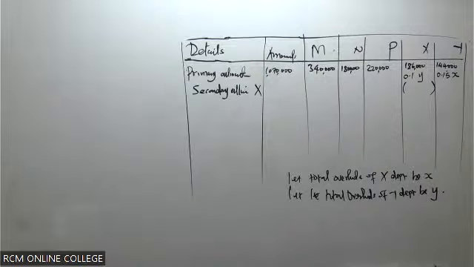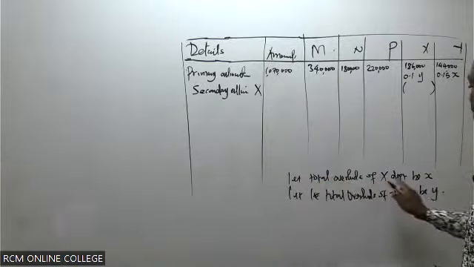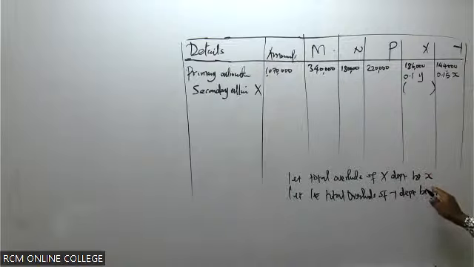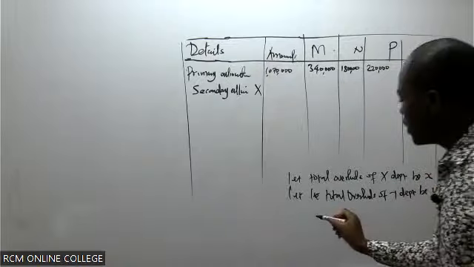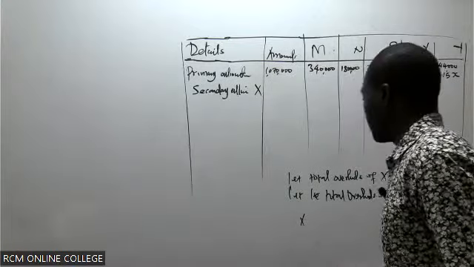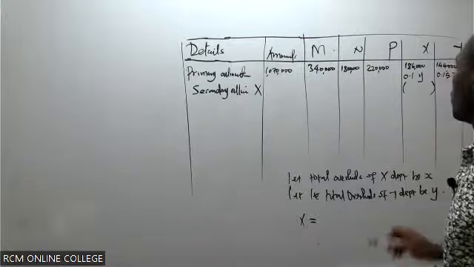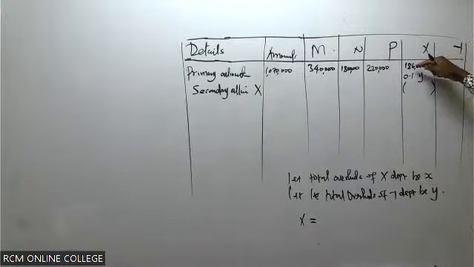The total for department X, we said is equivalent to X, is it? So we say X, the total for department X, which is X, is equal to what we have now, 186 plus 0.1 of Y,